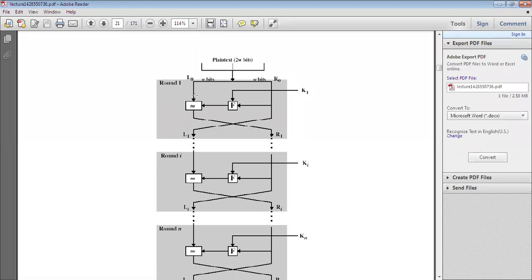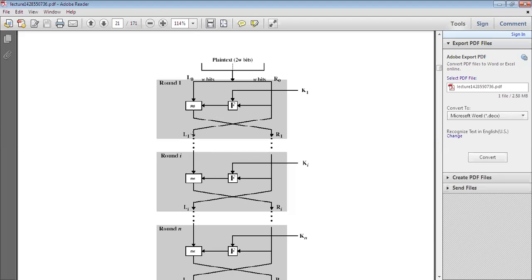In the first round, the first key is applied to this function and processed. Again this value is given, and the output is taken as R1, and R0 is taken as L1.